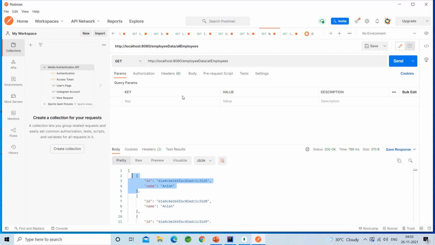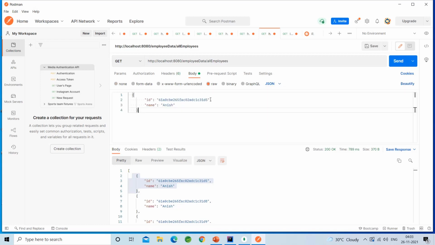Body, raw, JSON format. I'm just saving Anish John with ID 22.